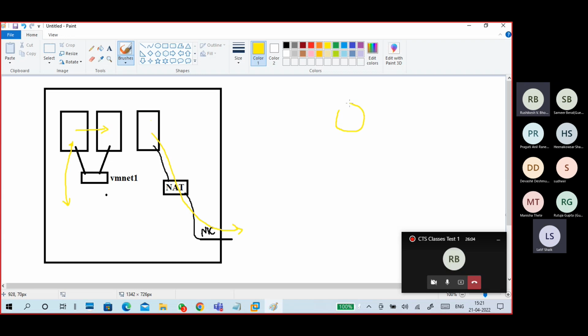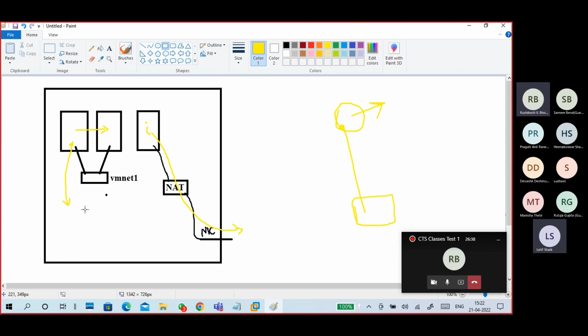Okay, this is your router. And I have one physical machine. So I will send a packet to the router. The router thinks it should send outside. It doesn't check whether this network exists. So the only thing is you can get internet, but remaining network access you won't get. So that's the problem with NAT. But of course, sometimes if you don't have a choice, then you can use NAT also.